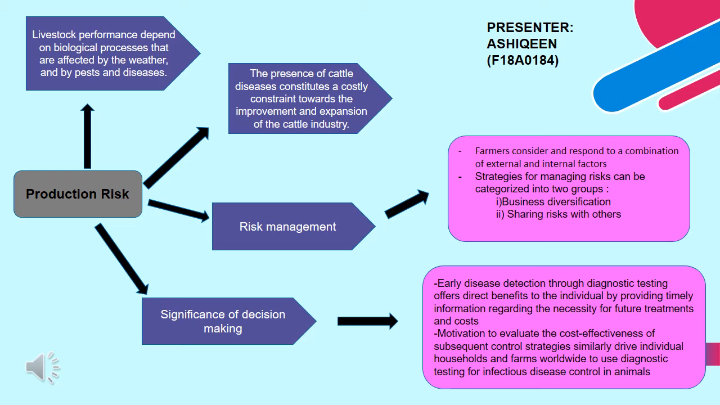The strategy for managing risk can be categorized into two groups. The first is business diversification, which can use mixed enterprise farming to reduce the risk associated with production of a single commodity. The second is sharing risk with others, through forward contracts, futures and option contracts, insurance, and revenue and income